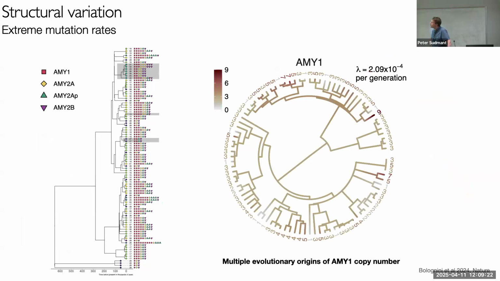From this same project, I won't get into the details, but we were able to use the fact that we have linked haplotypes linked to the structures next door to date when those structures emerged and figure out what the mutation rate is of a locus like this. And the mutation rate for this particular gene, amylase 1, for gains or losses, is 2 times 10 to the negative 4 per generation, which maybe is a meaningless number to most of you, but unless you're familiar with these numbers, what it means is that this region is mutating at a rate that's about 10,000 times the SNP mutation rate.